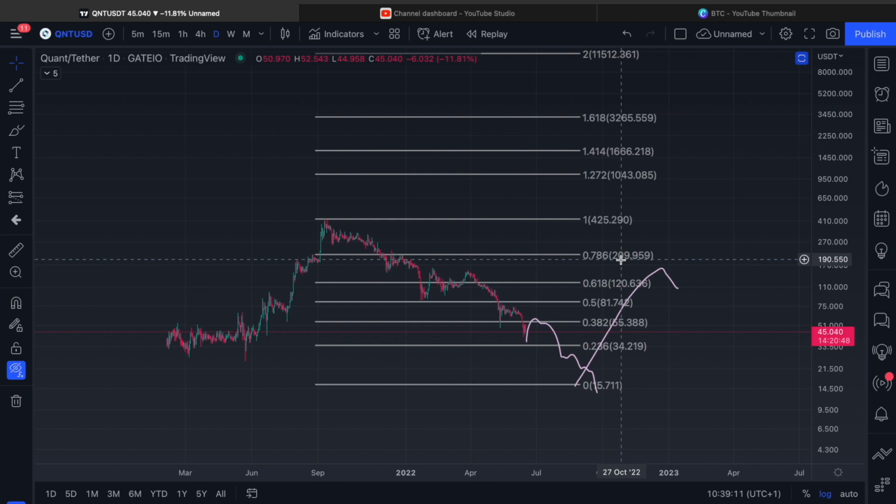Personally, I would even recommend taking profits at the previous all-time high, because this is what one of my mates, who's also a six-figure trader, actually said he was going to do. He said he was going to sell the 69k top back last year in November. I remember him, and I was telling him, look, I don't care, I'll put my hand up if I'm wrong. I don't care, because no one here is 100%. Everyone knows this. If you think someone's 100% right, you're a dickhead. So I'll put my hand up, I was wrong, because my mate, who's a multi-six-figure trader as well, same age as me, went to the same school as me, that's how I know him,